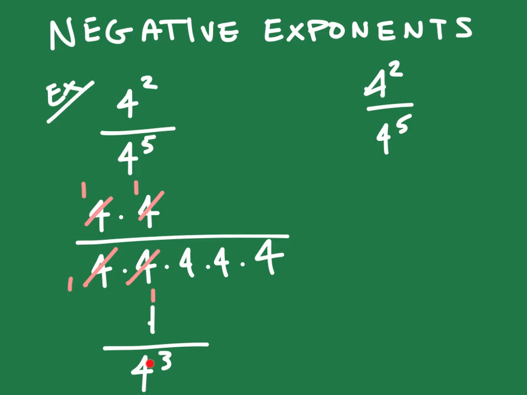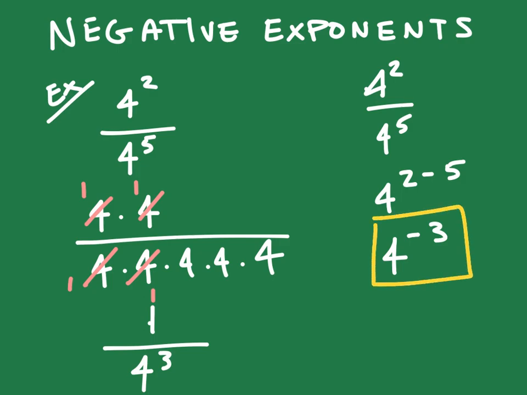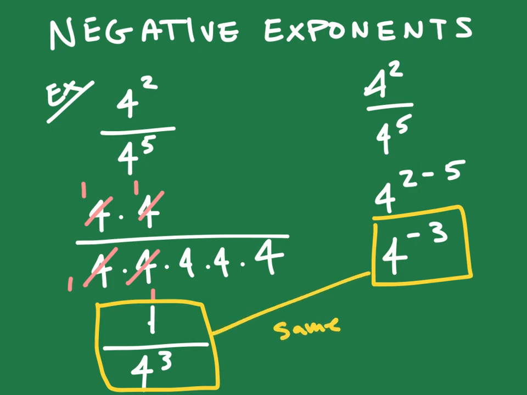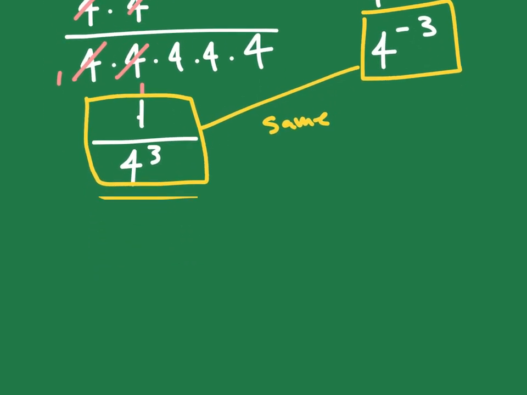Now, if we use our quotient rule, we can write this as 4 to the 2 minus 5 power. Now, 2 minus 5, that's going to give us negative 3. So 4 to the negative 3. So wait a second. We did this two different ways, all right? We did it one way using our rule, one way of expanding it out, and we got two different things. However, what we have to realize is that these two things are the same thing. So now we can come up with a rule, all right? And so the rule